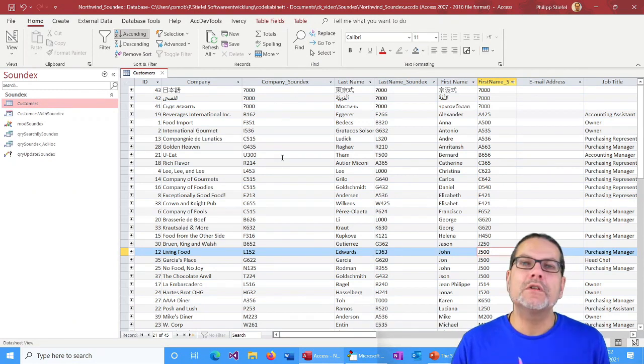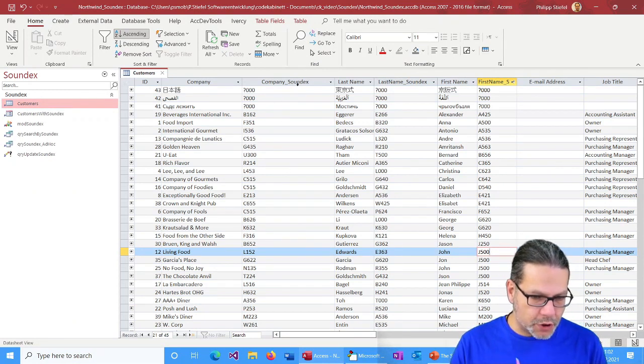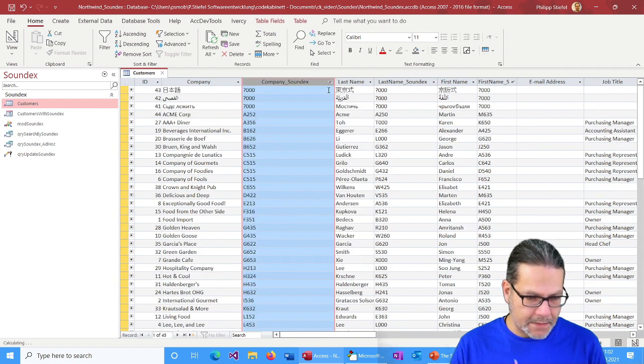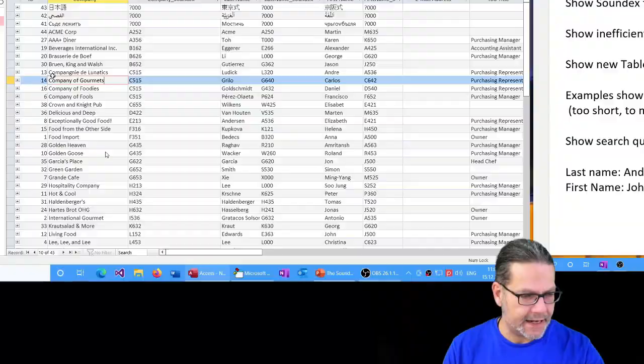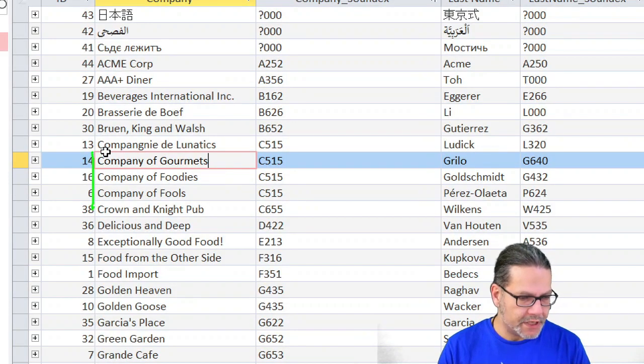So I also applied the Soundex function to the company name, but that is only slightly useful. You see here is a company of fools and a company of foodies and a company of gourmets and even a company of